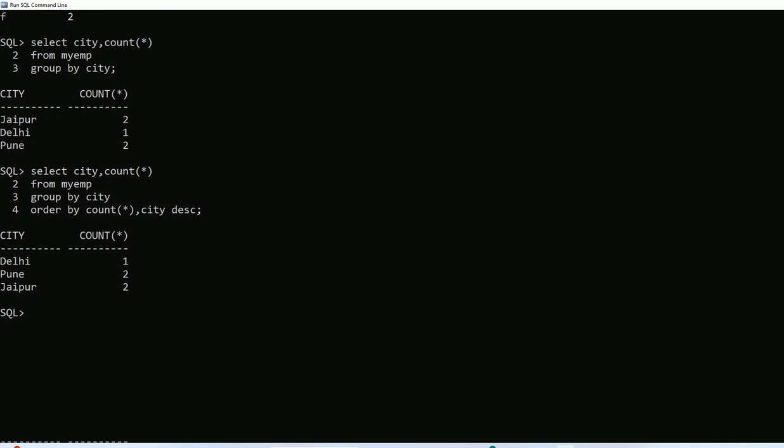Okay, now if I want to order them by their city in ascending order, in alphabetical order. Order by city in alphabet. So Delhi first, then Jaipur, then Pune. Order by city, that's all. By default it is ascending. So order by